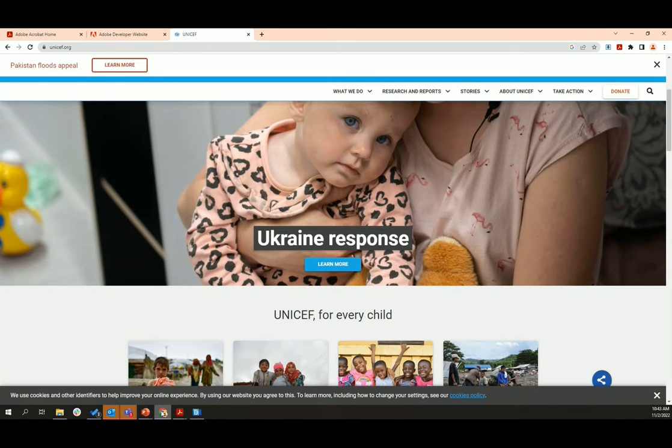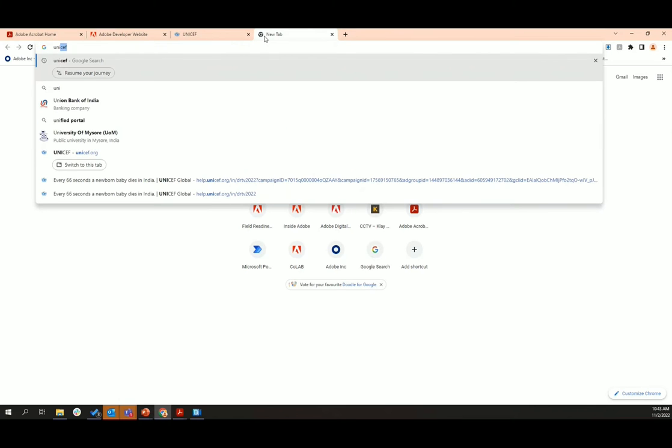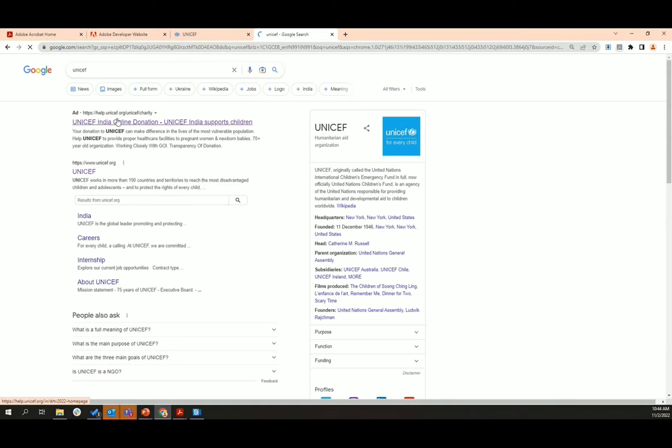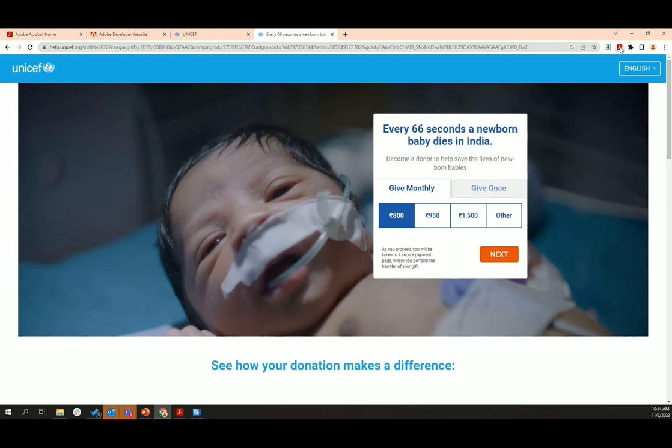Also, we have a very tight integration with Google Chrome. So here I have a site in Google Chrome and I have this Acrobat plugin right here, right? So let's open up the site again. And suppose today I want to convert this particular site into a PDF and maybe share it offline with a few of my members or someone who doesn't have ready access to the internet, right? You can just click on this extension